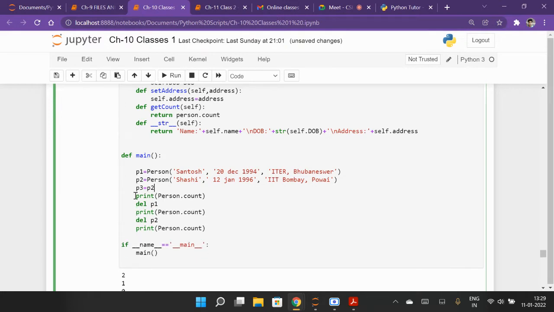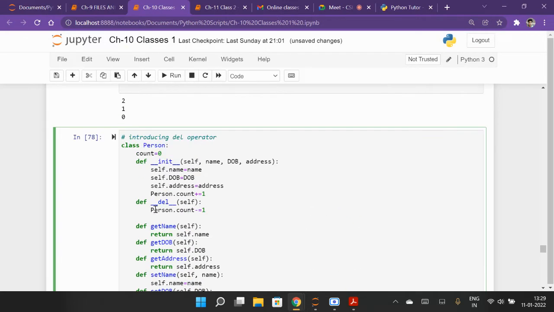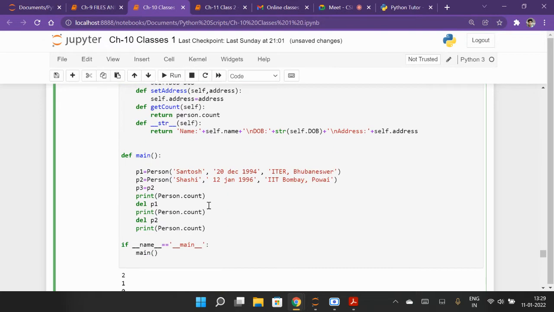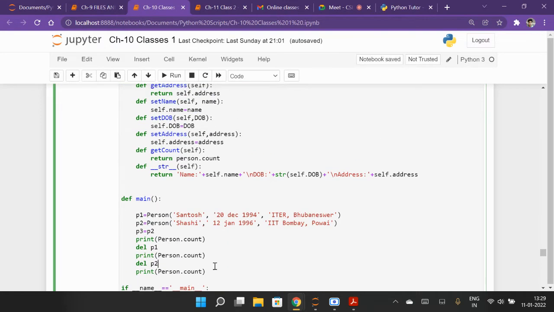So now when I run the program, this is the output of the old program, so don't be confused by that output. The program is the same, nothing different, delete is initialized here. Now if I run this program, what will be the output of print Person.count?